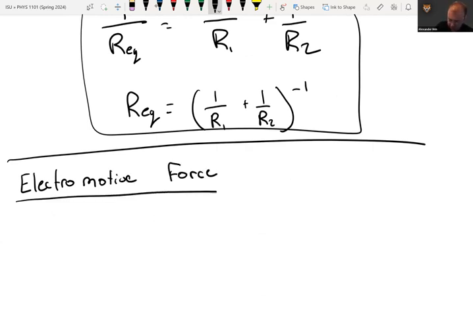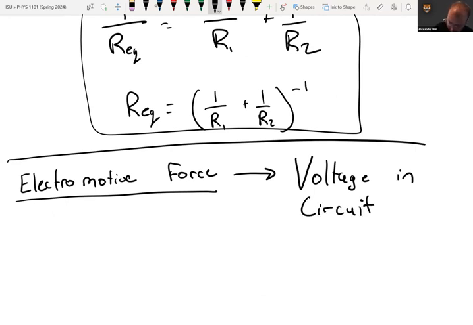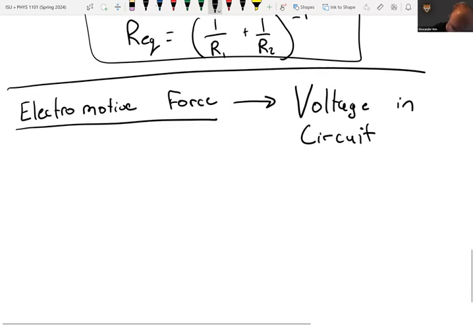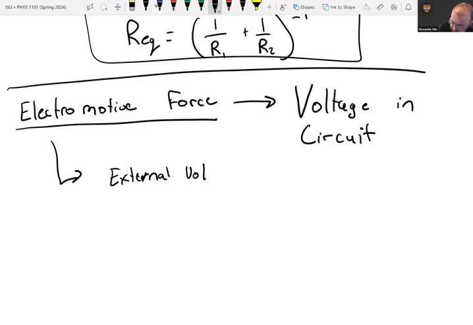And really what we mean by electromotive force, if you take away one thing, think of it as a voltage in a circuit. Now, I was always curious, why didn't they just call it a voltage? The idea is that electromotive force can come from a number of different things. It can come from an external voltage applied, like from a power supply, but it can also come from